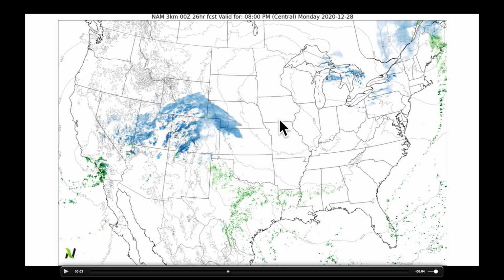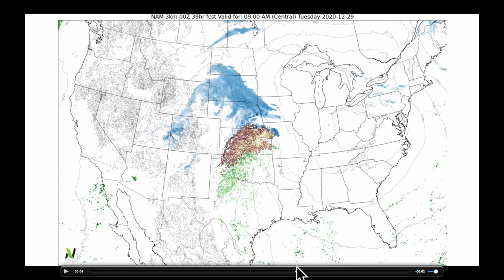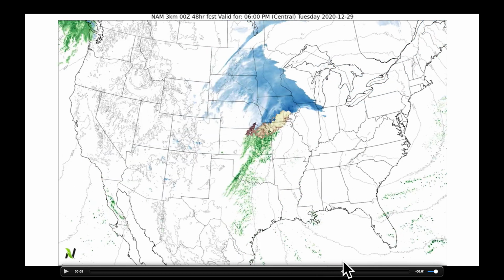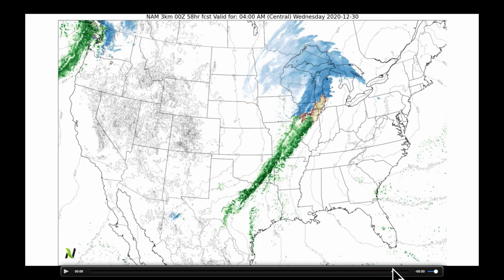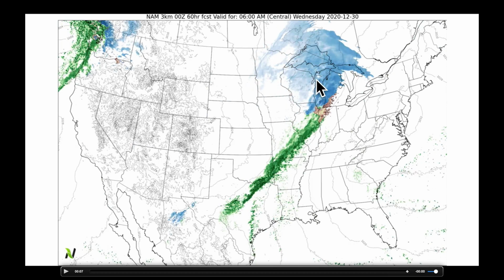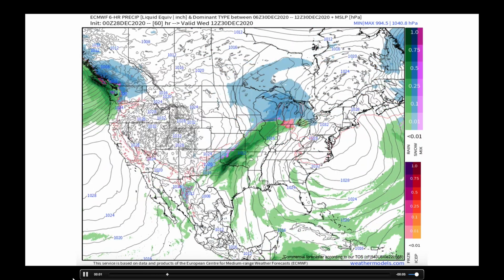And behind it, it's a big area of higher atmospheric pressure. Now that high pressure is going to slide east. And as it does so, by the time we get into Tuesday and Wednesday, it's now sitting over North Carolina. But on the back side of that, that's where our big winter storm is brewing. Well, the first of two winter storms is brewing, and it's going to be possibly producing quite a bit of ice as well. But what we notice is that by Wednesday, the frontal boundary is still across the central Corn Belt, getting down into the south central United States, and therefore we're going to stay much of the beginning of this week dry. To see how it finishes, though, I got to go over to the European model,